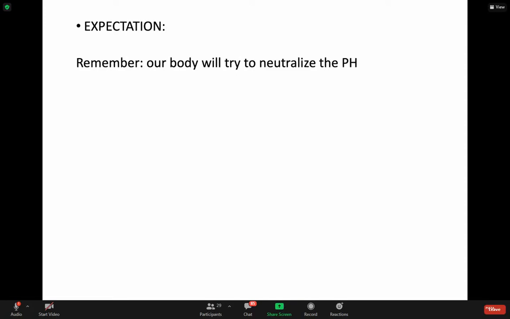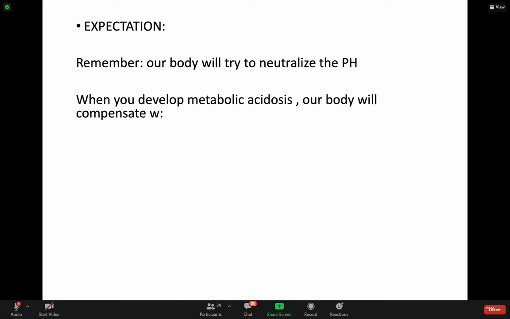And after that, I'll keep in my mind the expectation. كيف expectation؟ يعني بشوف هل في compensation ولا لا. And remember, our body will try its best to neutralize the pH, but will not return it back to normal. When you develop metabolic acidosis, our body will compensate. إذا pH نزل إلى 7.2, I'll try my best to أرفع ال pH. كيف أرفع ال pH؟ عن طريق الكومبنسيشن، عن طريق ايش؟ respiratory